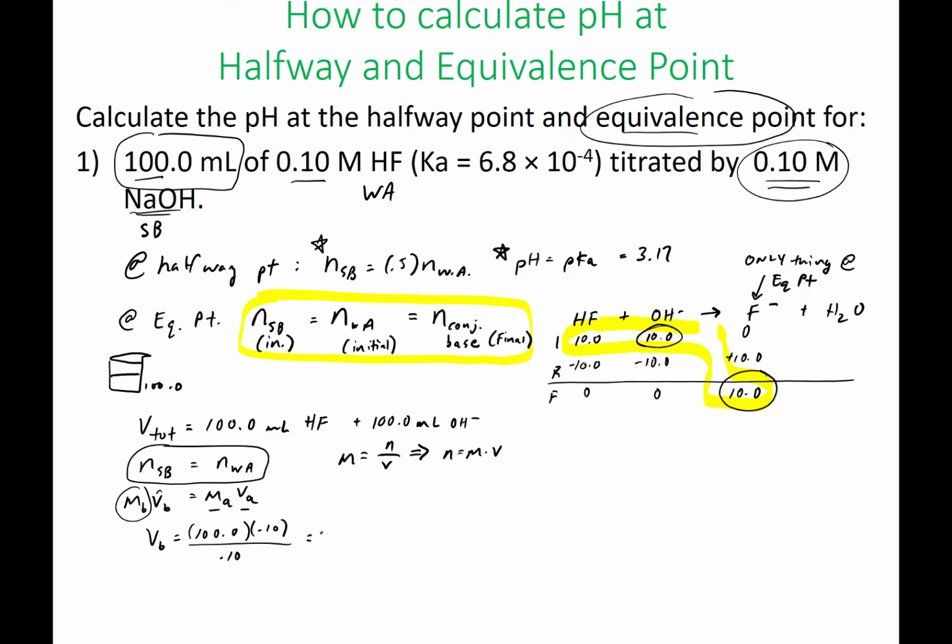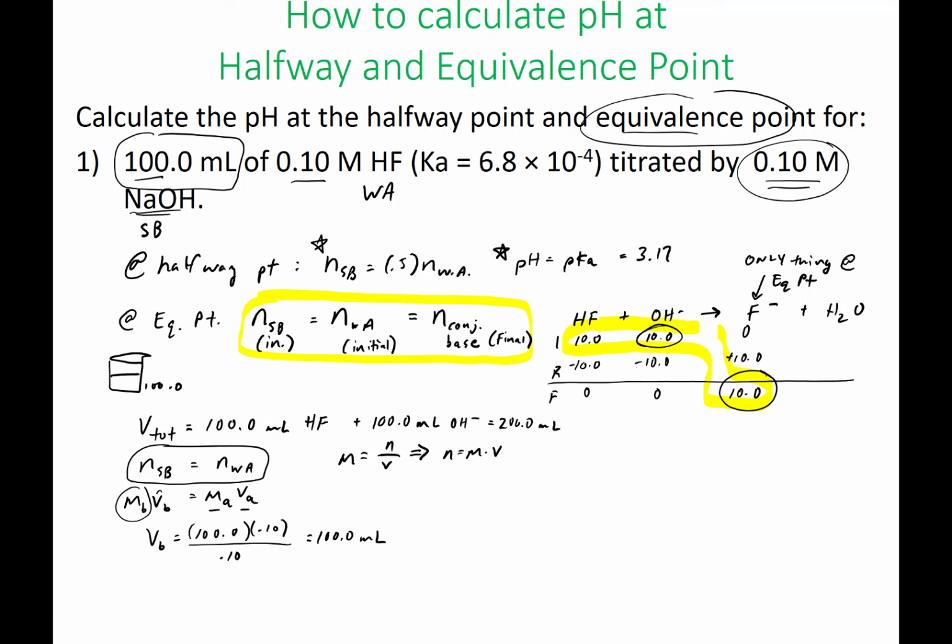Then we get 100. So I did it more mechanically like that. Or you could just notice that the molarities are the same, and if it's a 1-to-1 reacting ratio, you'll need the same amount of base. So our total volume is going to be 200.0